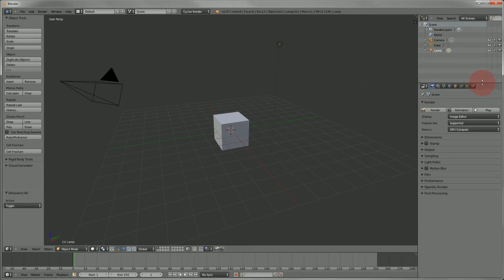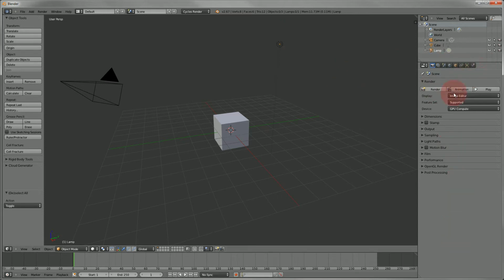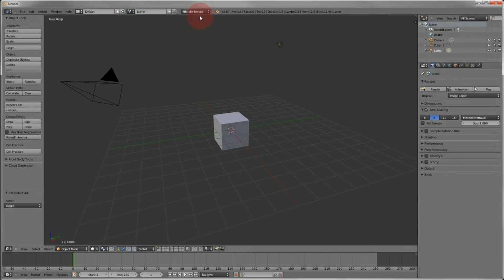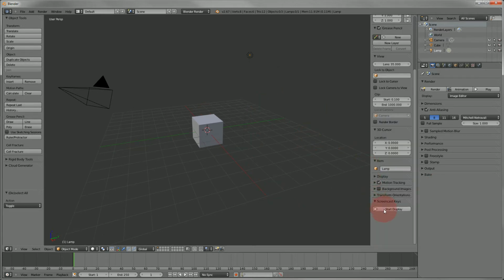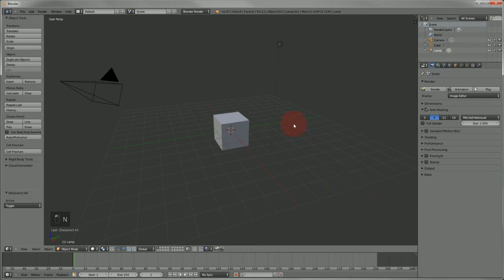Then the bottom right is the properties panel. Your properties panel might look a little different than mine. That's because I'm using the Cycles render engine, whereas by default it has the Blender render engine properties over here. All of this we're going to get into as we go throughout the series. But for now, let's go ahead and learn how to actually navigate in 3D space and play